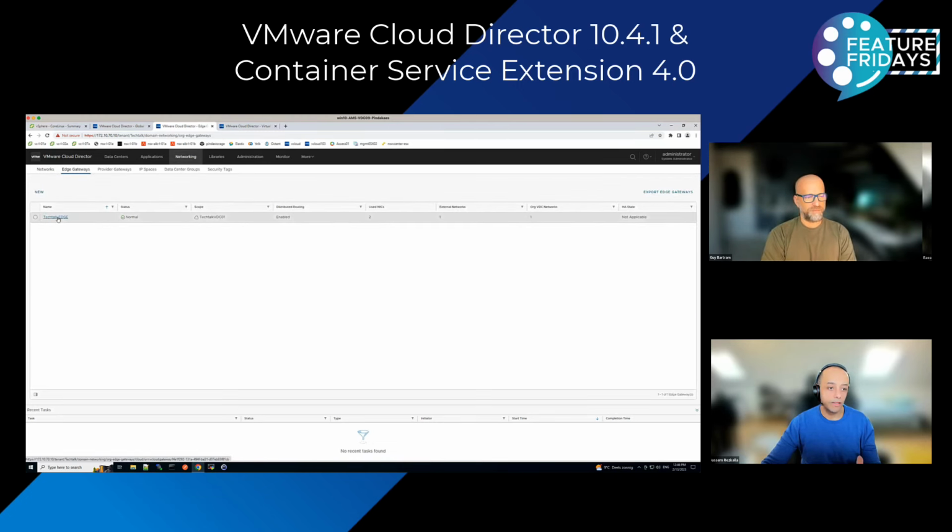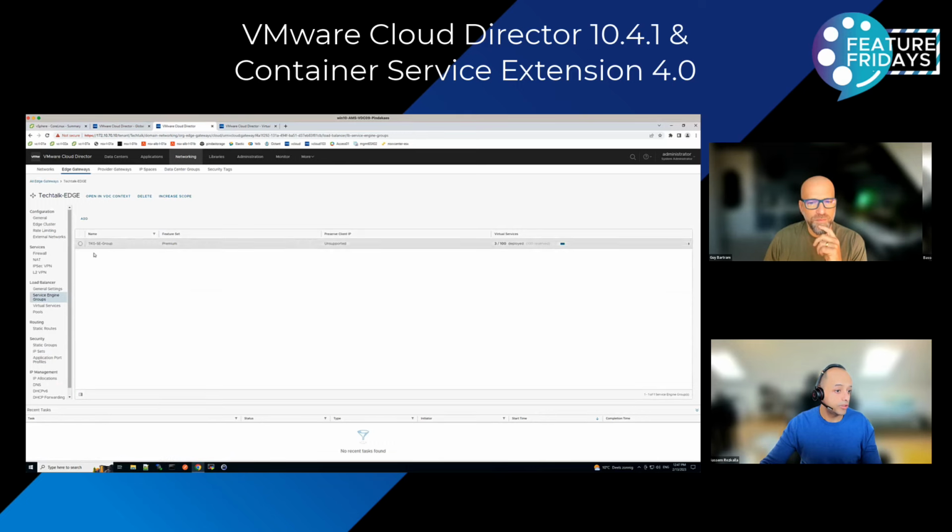Right. And this is a service engine group called TKG SA group, for example, which I specifically created for my tenants or for my TKG nodes in that tenant. See here, virtual service, it consumes 3 out of 100 IPs, and this is basically if you look into the virtual services, these are the IPs that were taken from the external network that are assigned to that edge.